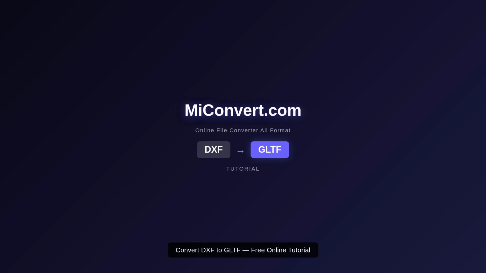Welcome to MiConvert. In this tutorial, I will show you how to convert DXF files to GLTF format, completely free